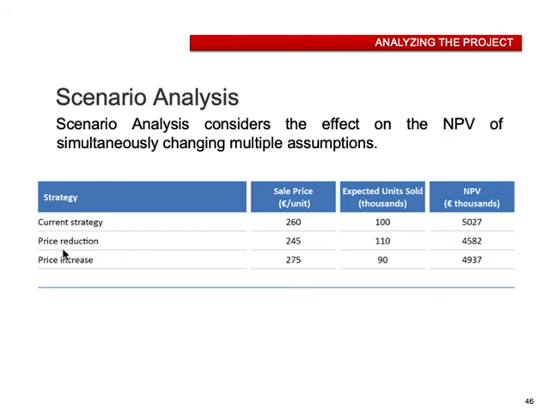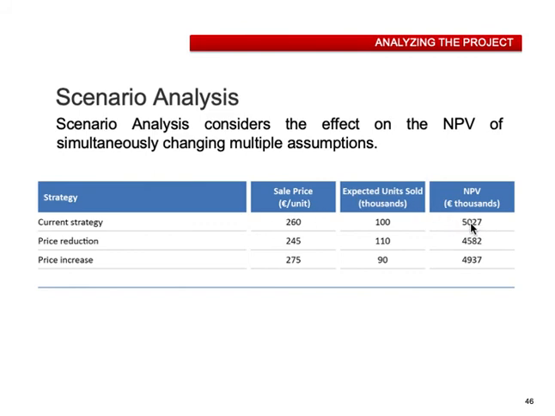Now, if we would reduce the price to 245, we sell more, but the NPV would be less. If we would increase the price to 275, we would, however, sell less, and also the NPV would be less. So in other words, it makes the most sense to sell the product for 260